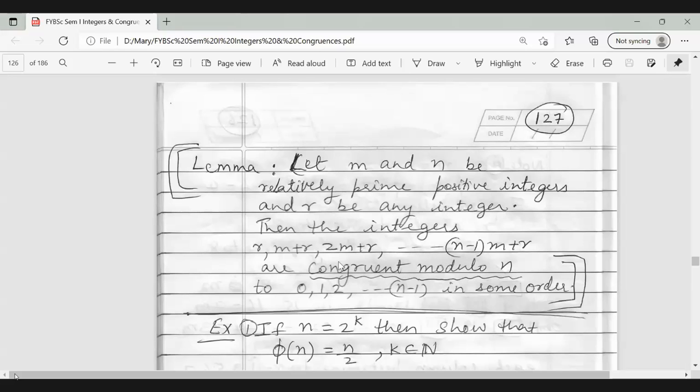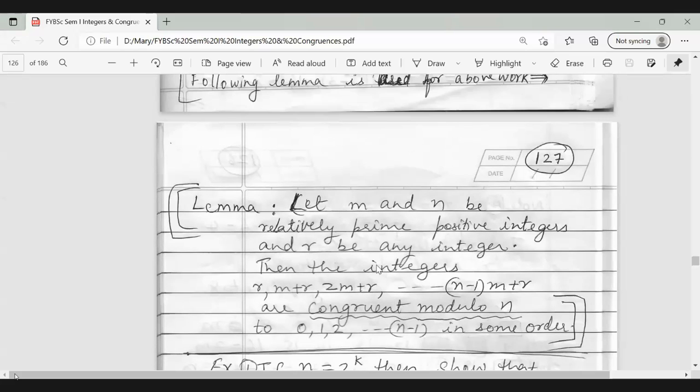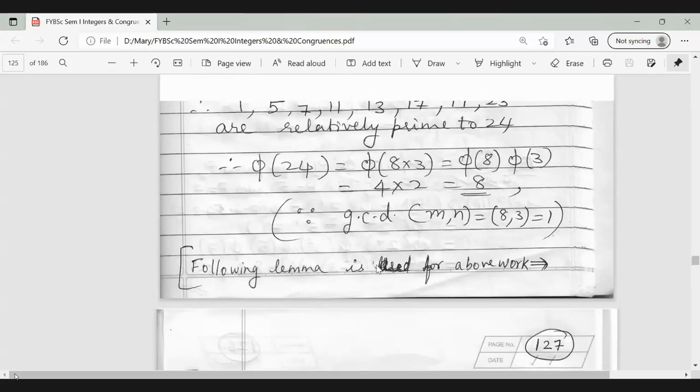So these are congruent modulo n to 0, 1, 2 up to n minus 1. This can be proved. See, this congruence we are doing later on, but actually phi n पहले किया है, तो हर कॉलम में